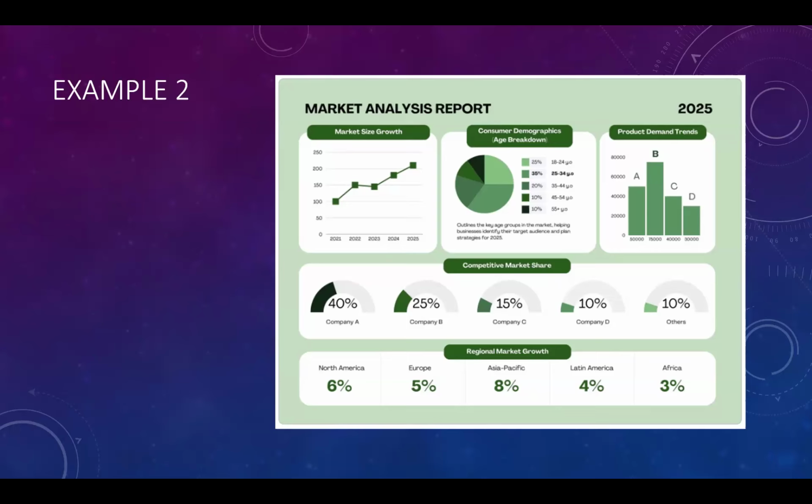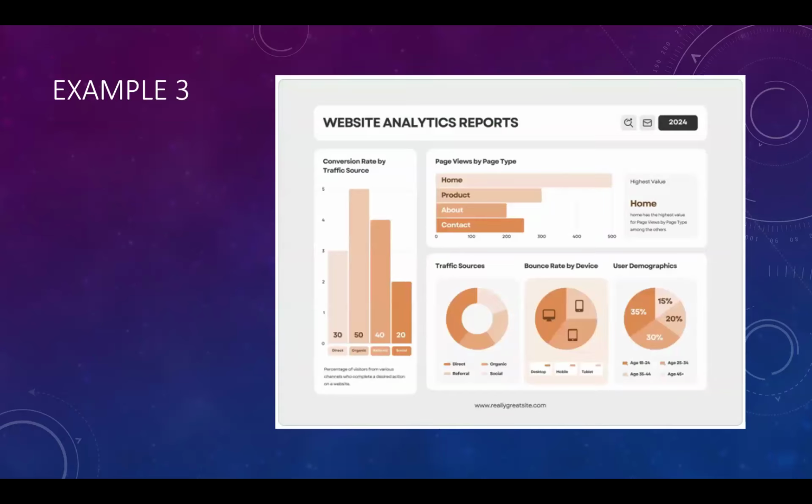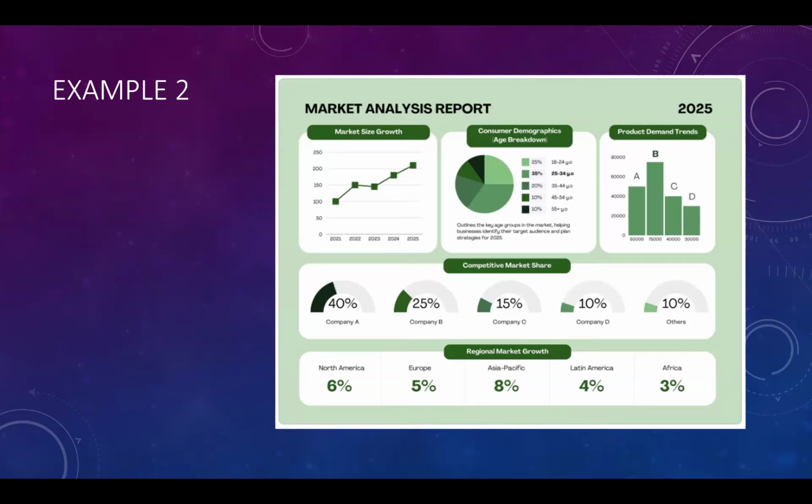All right, let's move to the next one. Sure, one more. I've heard some people give grief to gauges, the things in the middle there, competitive market share. But those are fine because they're representing the value in two different ways, graphically and numerically. People might give you grief about gauges, you might hear that, but it's actually a pretty effective technique.